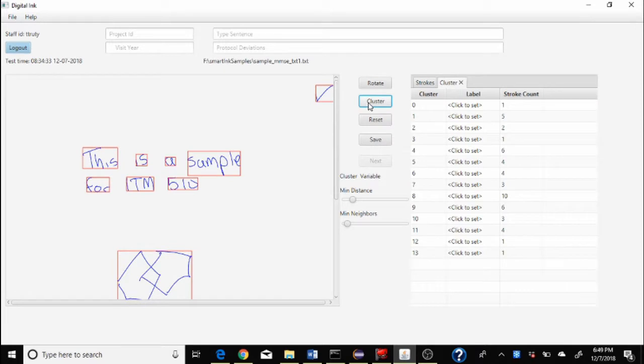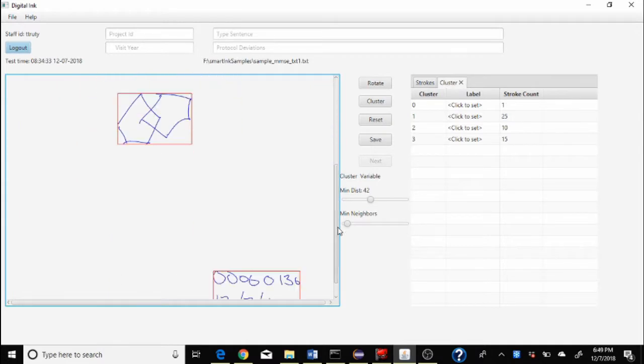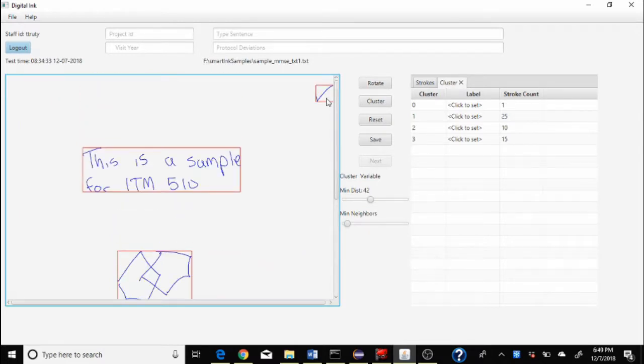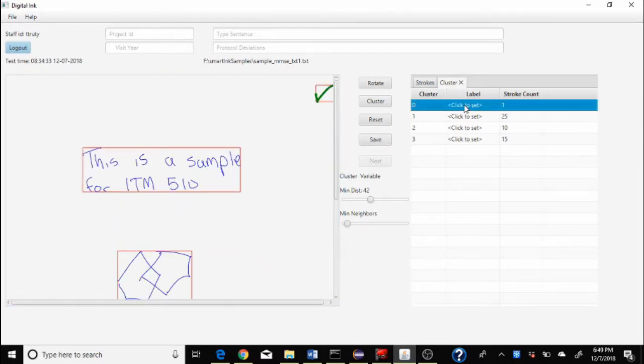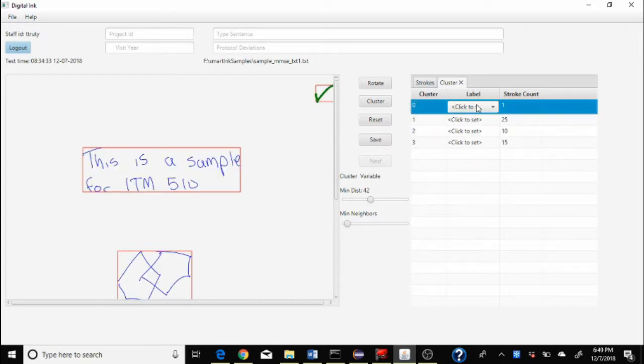If I hit this cluster button, see, it clusters the strokes with bounding boxes that are near each other. There are also some options here to change the parameters for the clustering algorithm, which is the distance of points that it will consider into one cluster. And yeah, that's a little bit better. So that's 4 clusters that I need to segment instead of the 51 strokes. If I click on this, it will highlight each cluster of strokes,